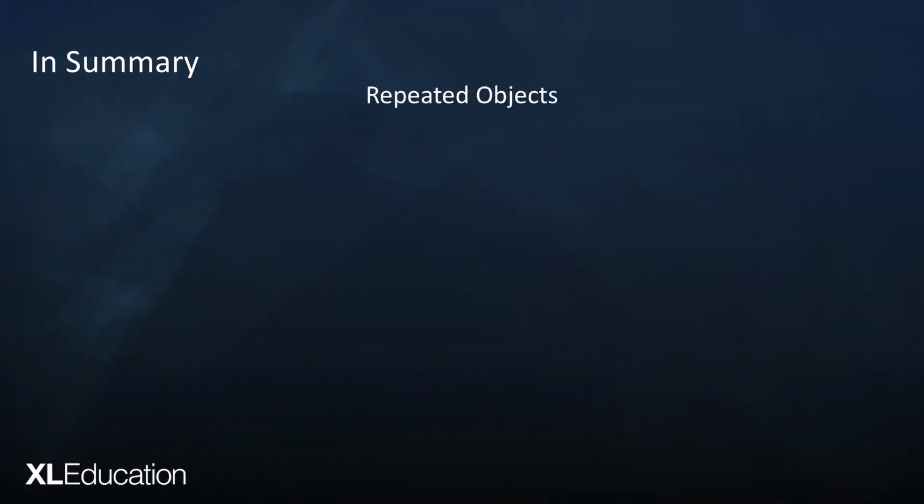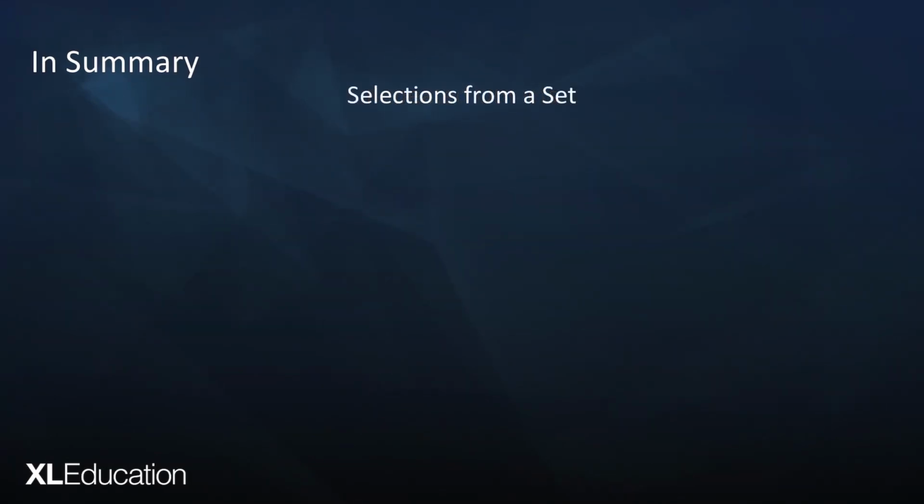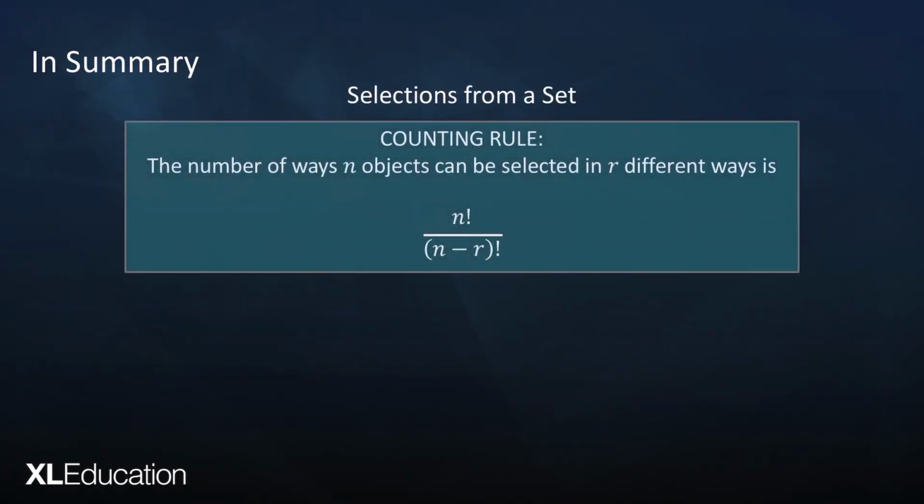Then we spoke about repeated objects, and we found that the number of ways n objects can be arranged where objects are repeated in the set is n factorial divided by n1 factorial times n2 factorial times n3 factorial, where n1, n2, n3 is the number of times an object is repeated. And you saw that when we did Mississippi and found out how many ways that could be arranged. And then we did selections from a set. And we found that the number of ways n objects can be selected in r different ways is n factorial divided by n minus r